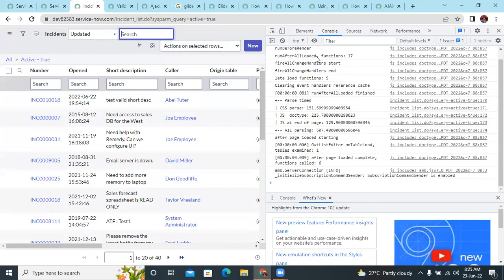So the form got submitted, but the alert is